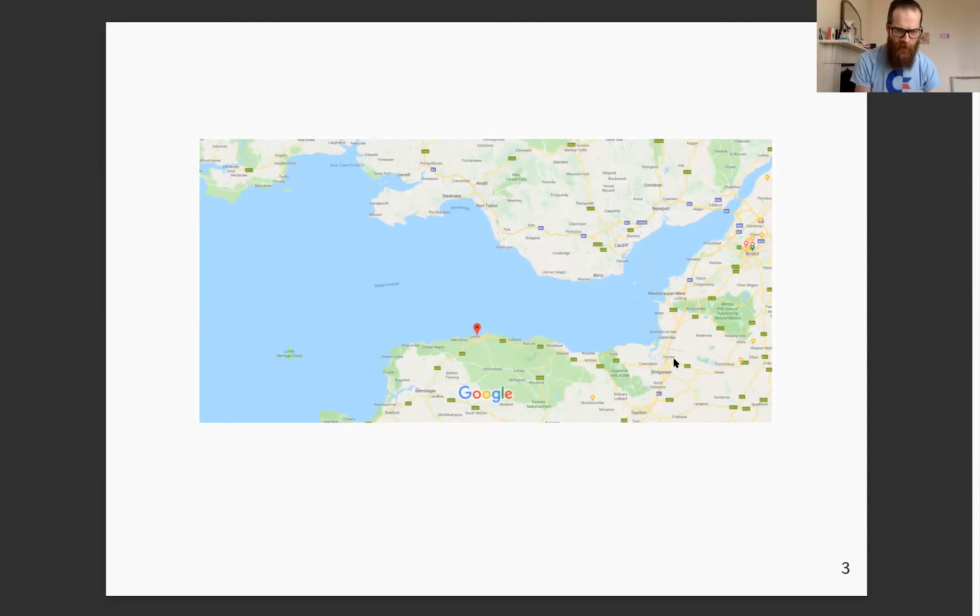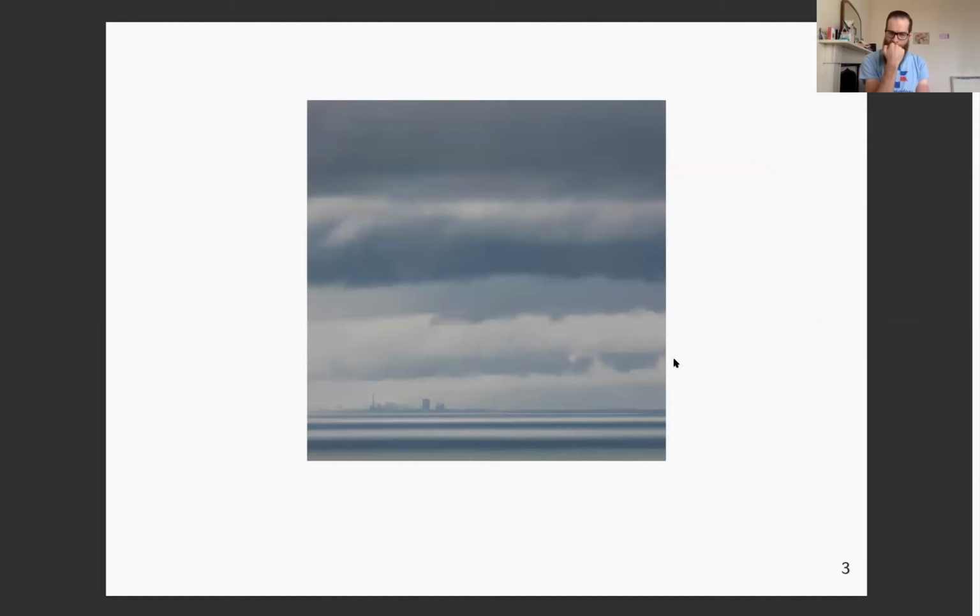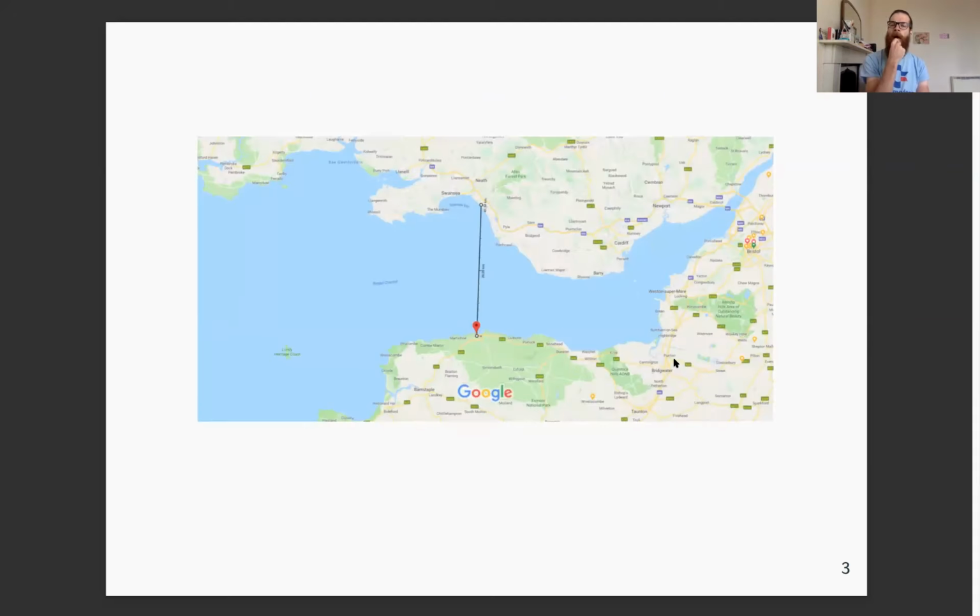One day I was down here where the marker is, in Lynmouth, and I had a look across the Bristol Channel. I looked across the channel, and then I saw the steel mill in Port Talbot. Interesting, I thought. It's quite a far way across the Bristol Channel. When I came home, I opened Google Maps, and they have this very nifty tool where you can measure stuff. I measured the distance across here, and it's 49 kilometers. And I thought, interesting. I wonder how much the Earth actually bends over 49 kilometers.